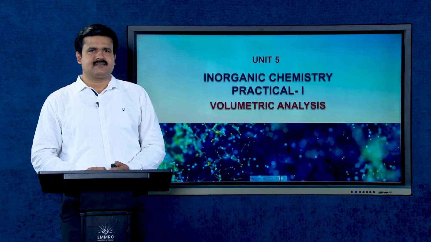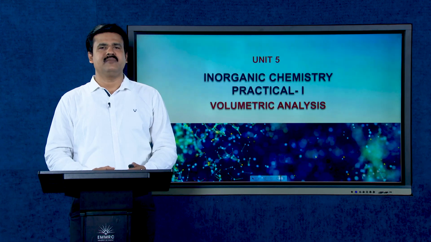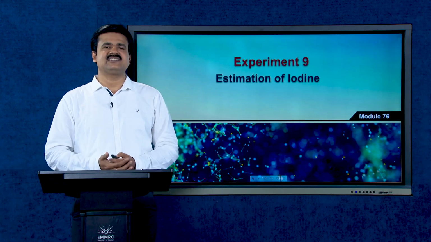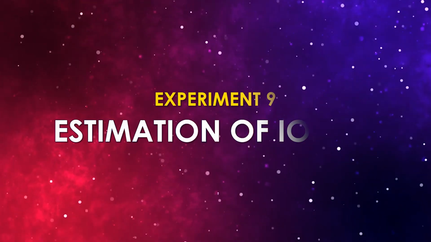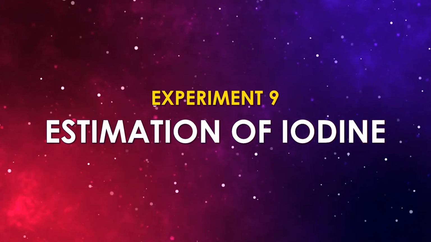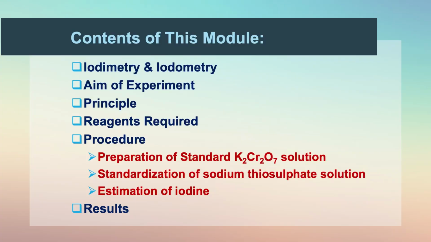Welcome dear learners. We are continuing Unit 5 Inorganic Chemistry Practical 1 Volumetric Analysis. In the present module, we are discussing estimation of iodine. The contents of this module are iodimetry and iodometry, aim of the present experiment, principle behind the experiment, reagents required